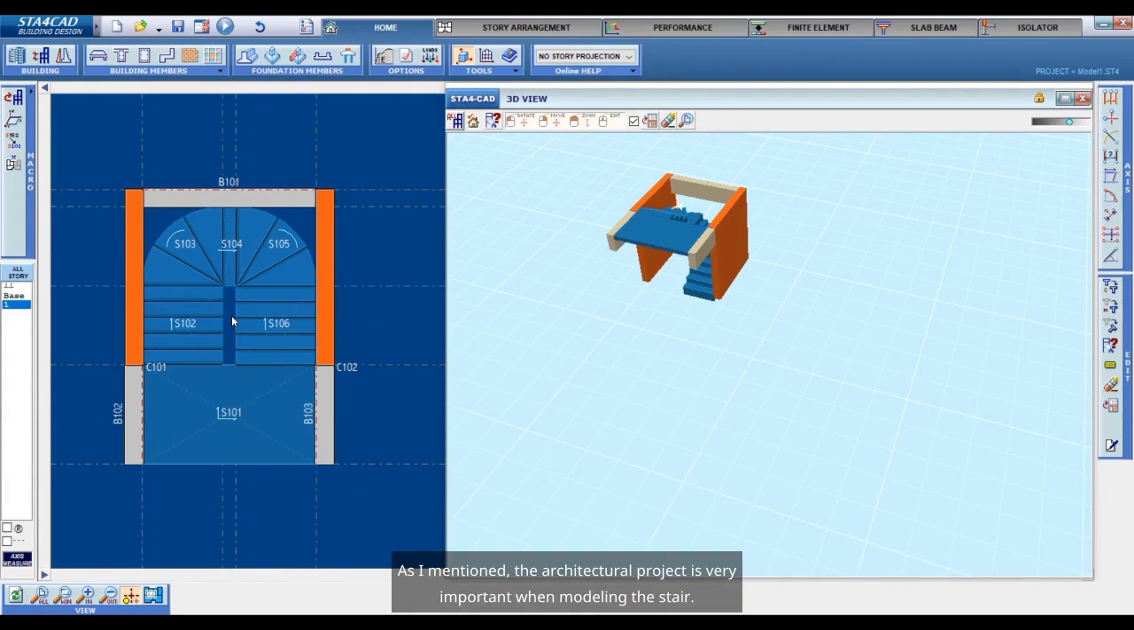As I mentioned, the architectural project is very important when modeling the stair. If the area provided in the architectural project is not sufficient for the stair to fit, you will face problems in placing the reinforcements, and the analysis results may indicate that your stair slabs are inadequate. It is very important for the reinforcements to connect to the shear wall and for the stair to be attached